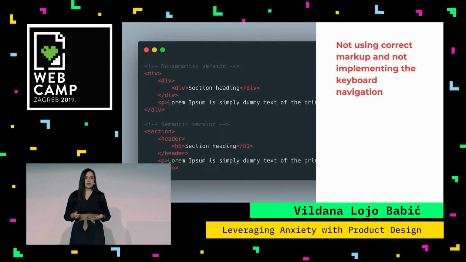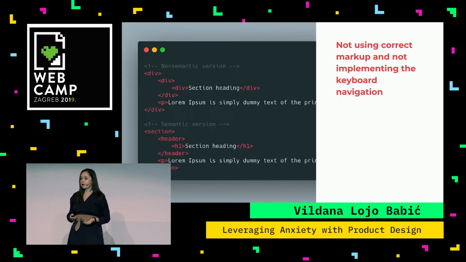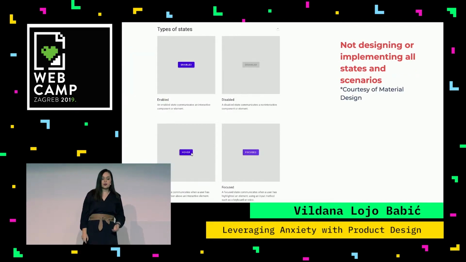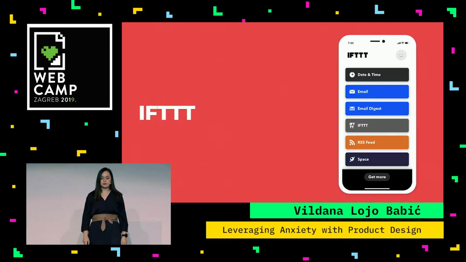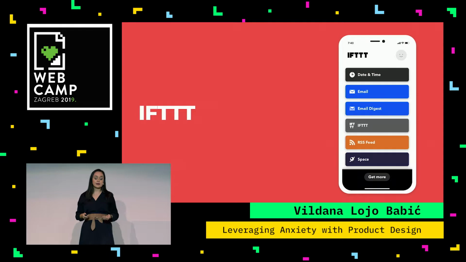Because of this huge trend and rise of JavaScript frameworks, we forget to use semantic markup for our projects, and thus disable accessibility in our web apps. And maybe we forget to define and implement different states and scenarios for calls to action and UX patterns and elements. But building for accessibility is not that hard. There are many cool examples displaying how we can facilitate and design for more inclusion, with accessibility in mind.